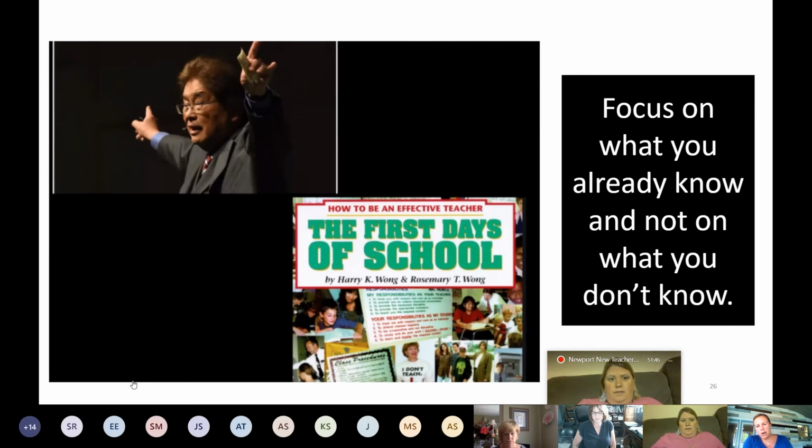So what I also want you to do is focus on what you do know. And again, this is a new teacher program, so we have different contexts, different amounts of experience, but bring what you do know to the table. You guys have already mentioned several things. If we know we need positive relationships, bring that to the table. We know we need certain expectations and routines in place. We know that we need to know our content and that our teaching begins with our standards. So focus on that and not so much on all of this stuff that we don't know right now, because it feels like there's a lot.